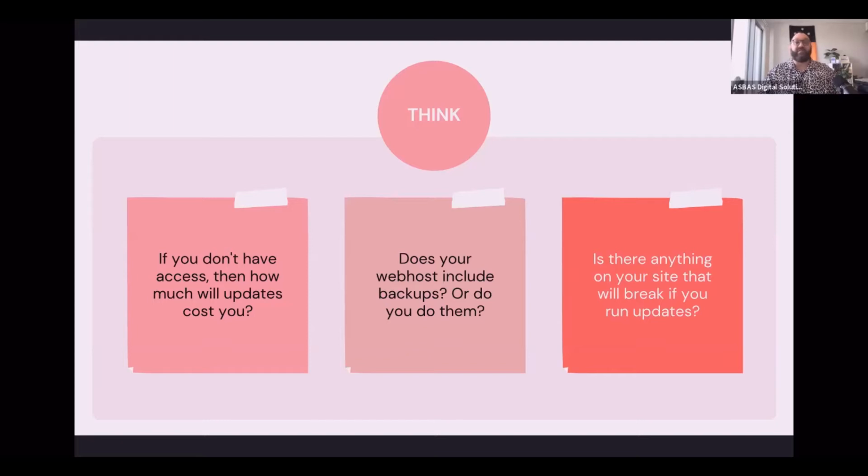There's no excuse for that. There's no reason why they should need to do that. There's plenty of off-the-shelf things that are upgradable that should be able to do it. So ask your developer to make sure that everything they use is updatable, that your website is updatable, and